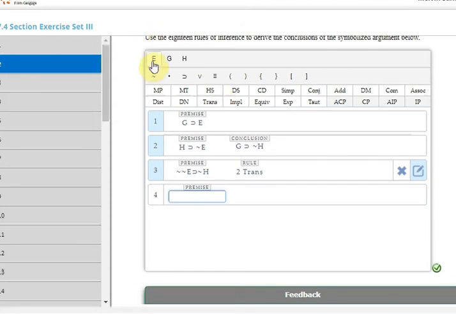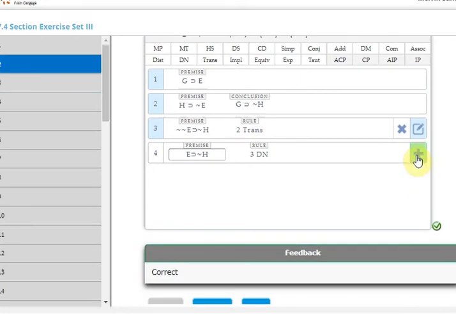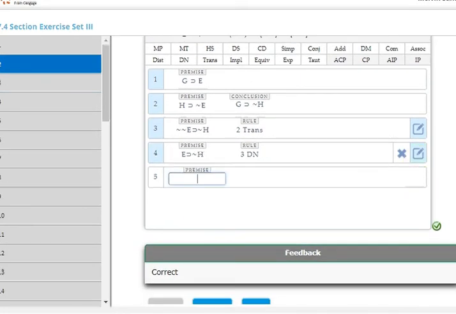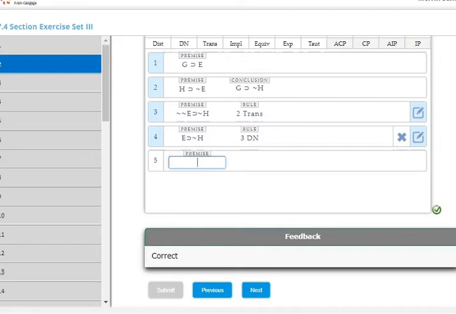And so remember that what allows us to do that is double negation on line 3, right? So that's DN on line 3, and that should be fine. That's a legitimate move. Okay, so now remember, our last step was to set up the hypothetical syllogism, and